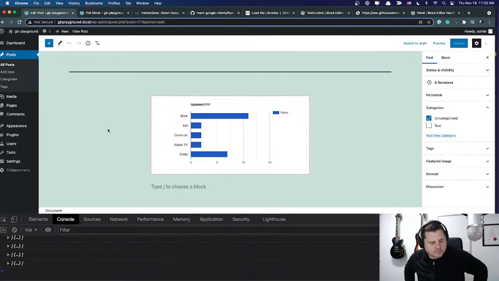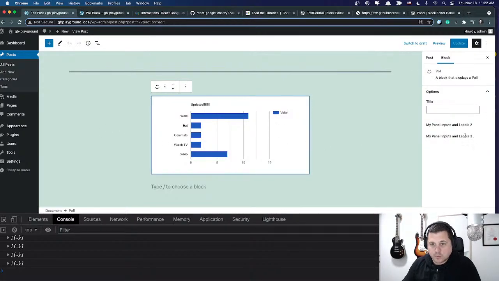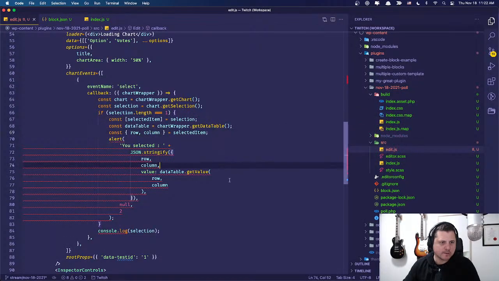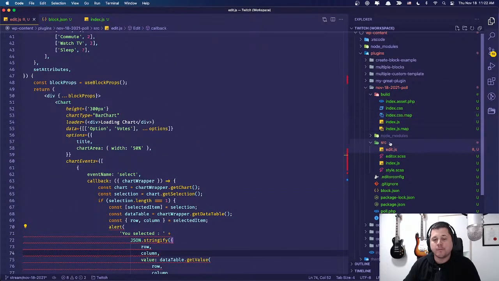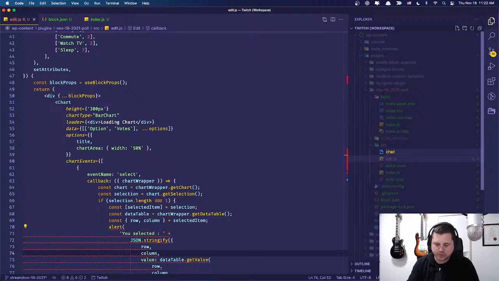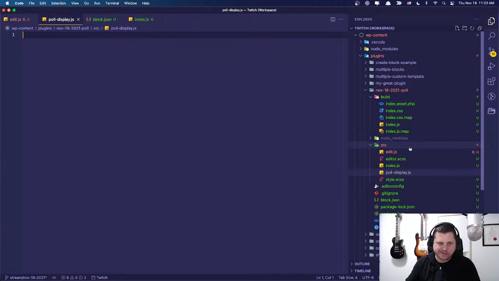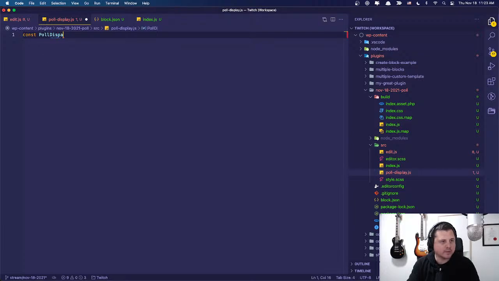Okay, so anyways, I'm all over the place here. So what we need is we need to be able to have items that we're adding in there. So let's do that. For the sake of this, I'm going to create a new file and call this chart.js. I'm going to call this, what is this? Poll display.js. I'm going to abstract this out into its own file because it's going to get